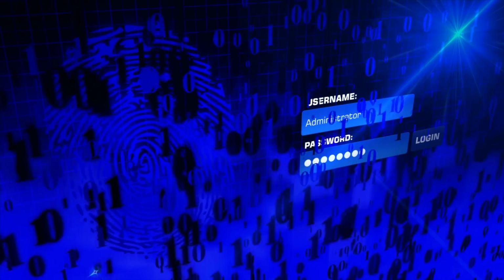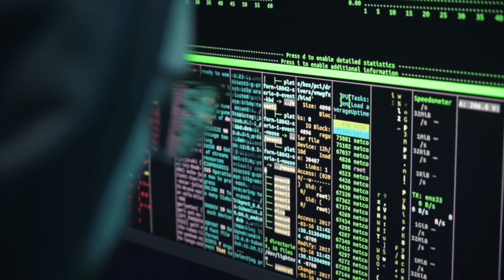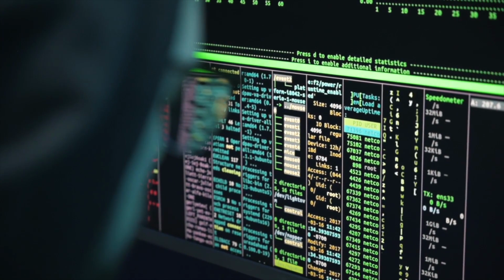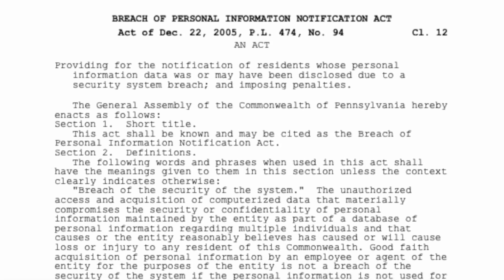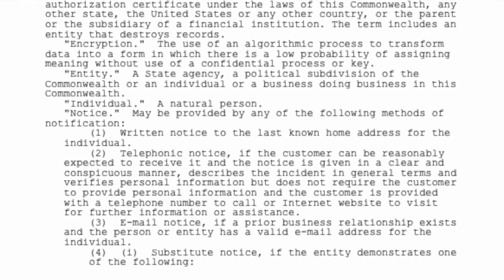This Lawgorithm is designed to help you understand what a Pennsylvania business must do if it is the subject of a data breach. Now, every state in the country now has a law requiring businesses in that state to report a breach of data stored in their computer systems. Although similar, these laws often vary in detail, so we'll focus on the 2006 Pennsylvania Breach of Personal Information Act, which we'll simply call the Act.